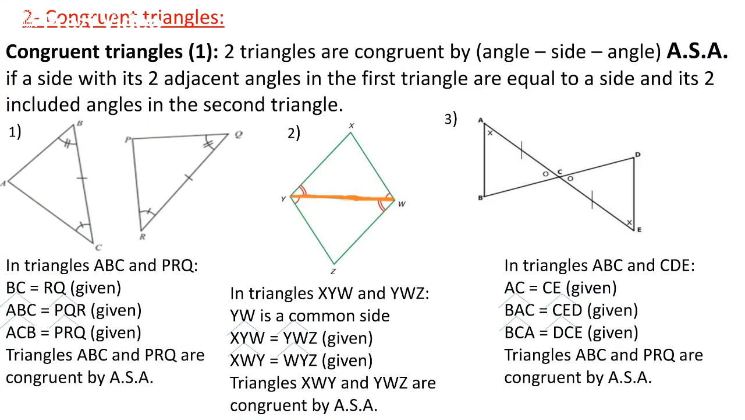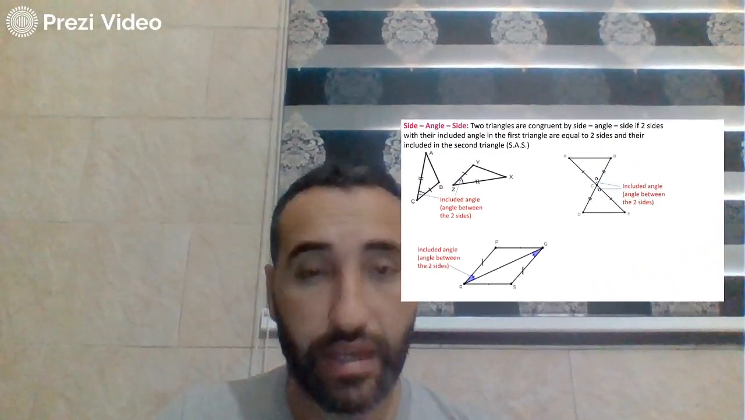First is called angle side angle. Two triangles are congruent if two angles and one side are equal, but the angles and the side must be like this. If we have a side and two angles adjacent to it are equal, then the two triangles are congruent. Also, we took in the last lecture